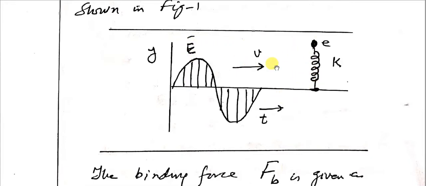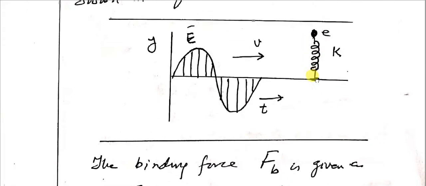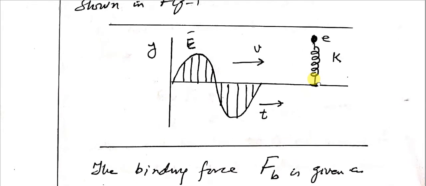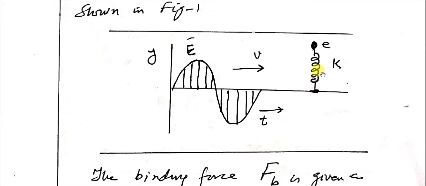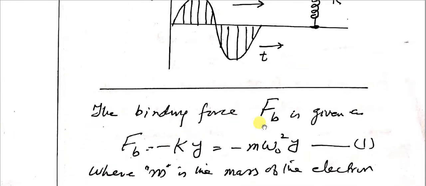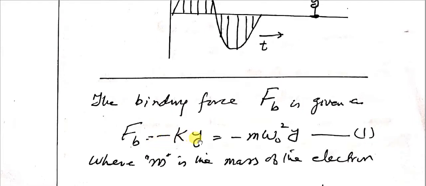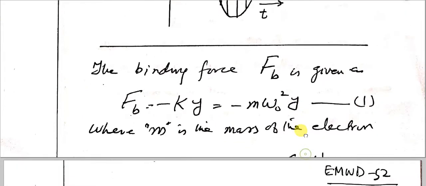The electron is attached to a spring with spring constant K. There is a binding force we will take into account. Now the binding force Fb is given by Fb equals minus Ky, which is equal to minus m omega naught square y. This is equation number 1, where m is the mass of the electron,